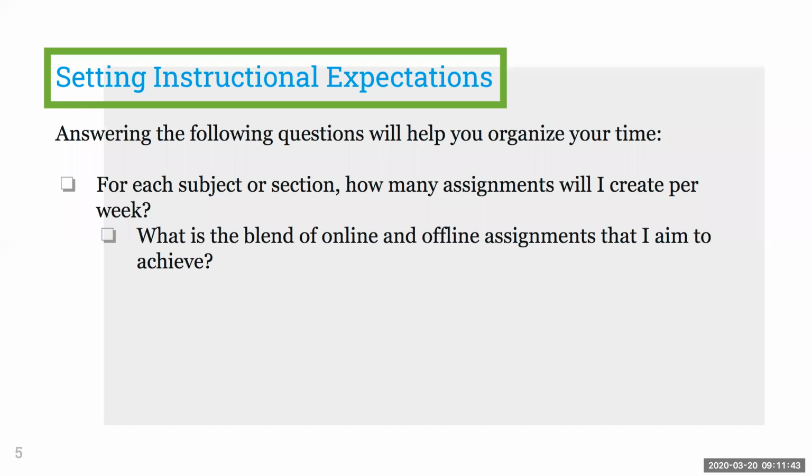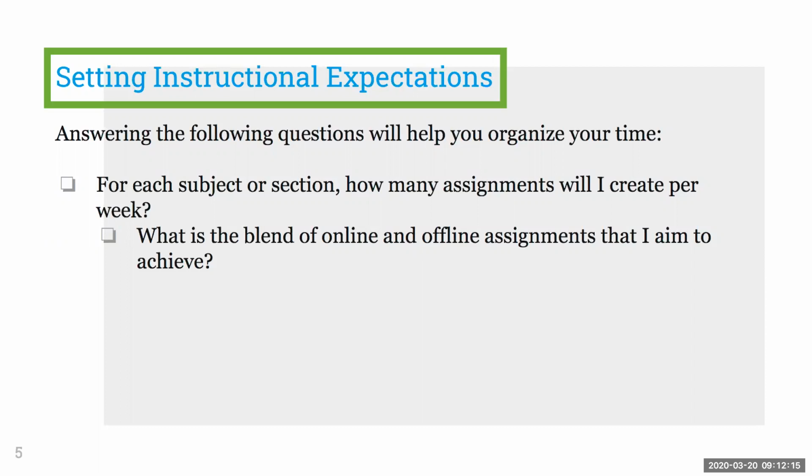And then to that end, especially with our younger learners, but certainly across the spectrum, what is the blend of online and offline assignments that I aim to achieve? Just because we're in a virtual space doesn't mean that everything the kids do needs to be online. We might want them to be engaging in some tangible activities that they can do at home, or I was going to say in the park, but our parks are closed, so on the front stoop.